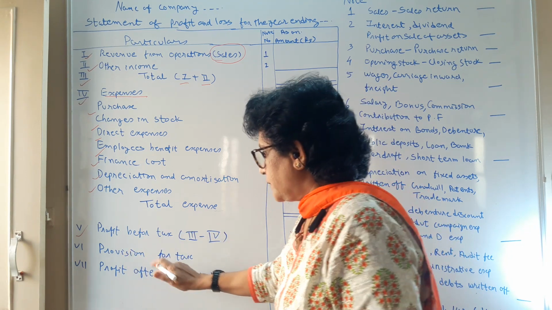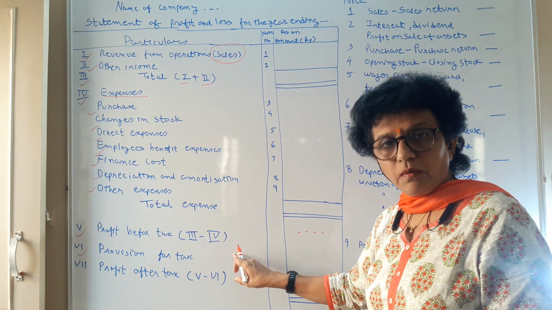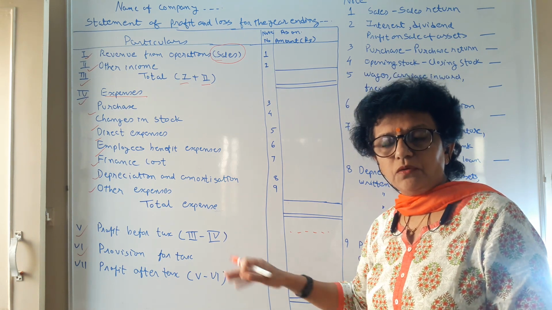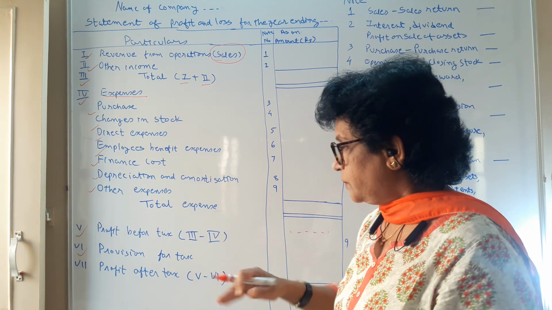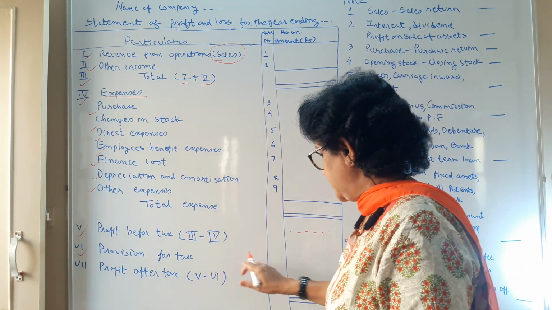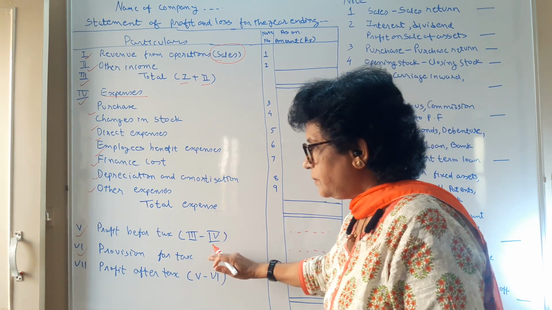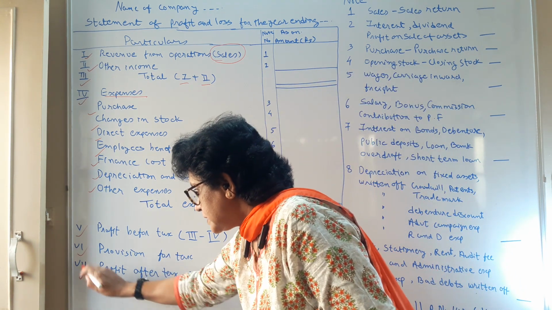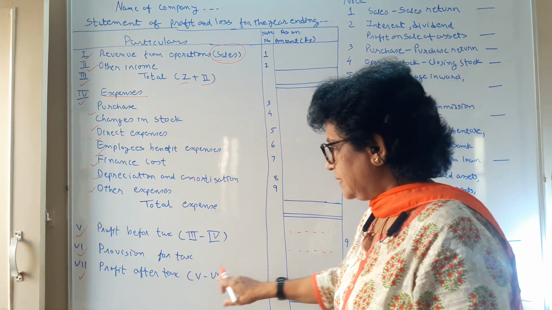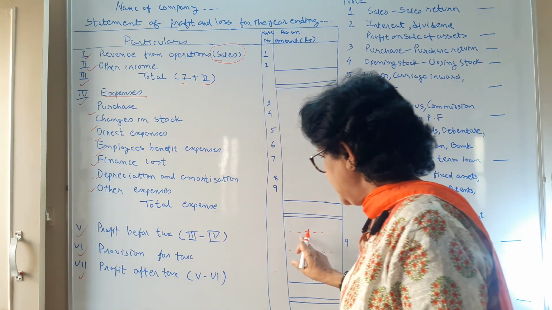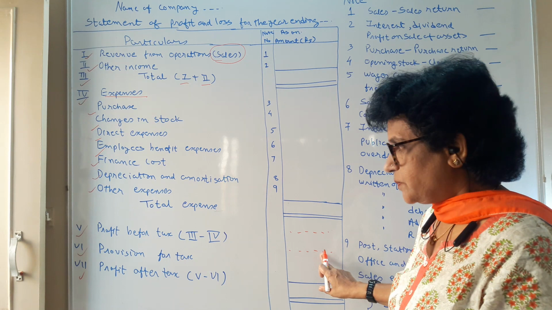Then out of the profit you have to make a provision for tax. Without payment of taxation you can't earn the profit and you can't distribute the dividend. So provision has to be made compulsorily, and that is to be written, which is based on the profit earned. And lastly you will get profit after tax. That profit after tax means your point number 5, the figure what you have, minus point number 6, that is the provision.